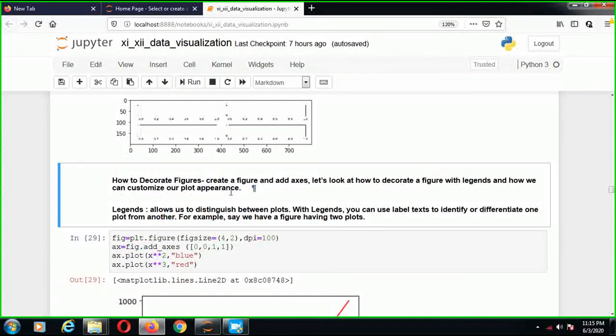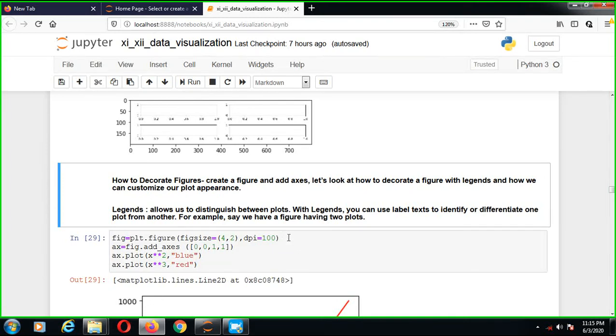Now how to decorate figures: create a figure and add axes. Let's look at how to decorate a figure with legends and how we can customize our plot appearance. Legends allow us to distinguish between plots. You can use the label text to differentiate one plot from another.